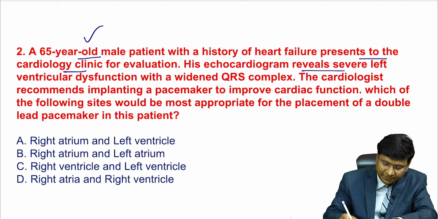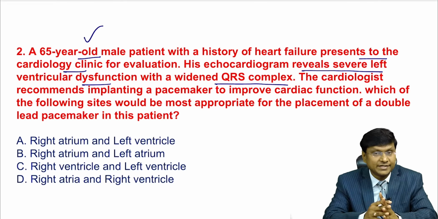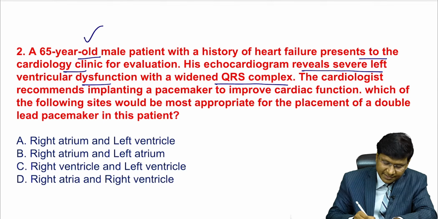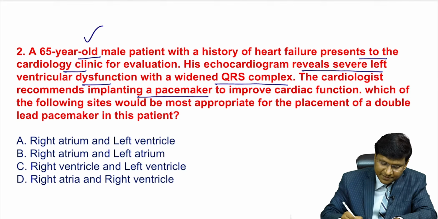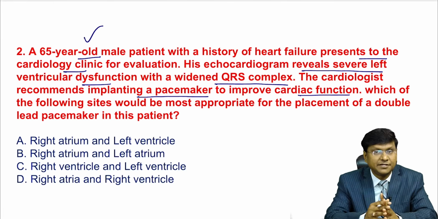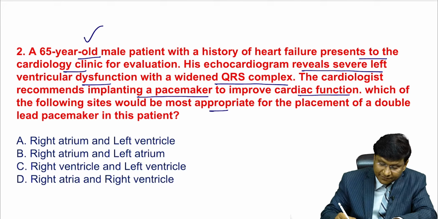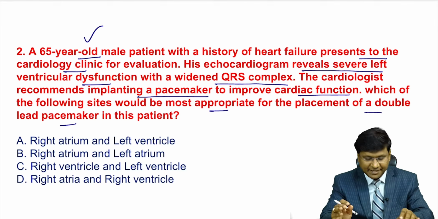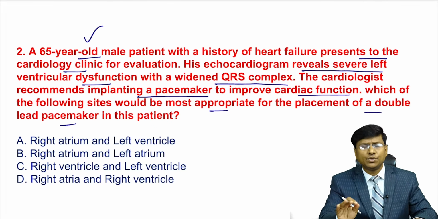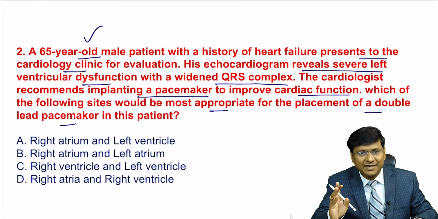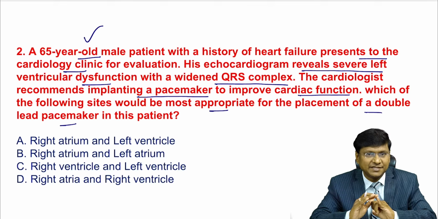His echocardiography reveals severe left ventricular dysfunction with widening of the QRS complex. And the cardiologist recommends the implantation of the pacemaker to improve the cardiac function. Which of the following sites would be the most appropriate for the placement of the double lead pacemaker in this patient? So if you take these pacemakers, like we have the single lead pacemaker, dual lead pacemaker and triple lead